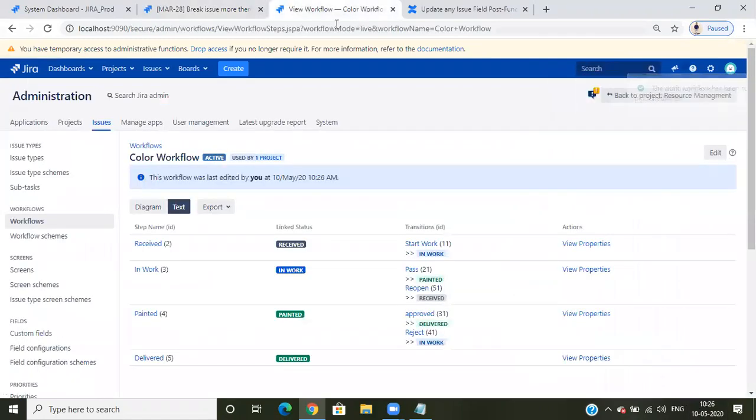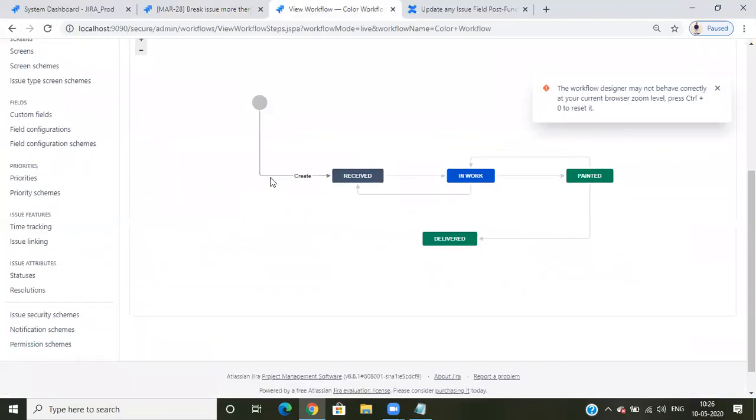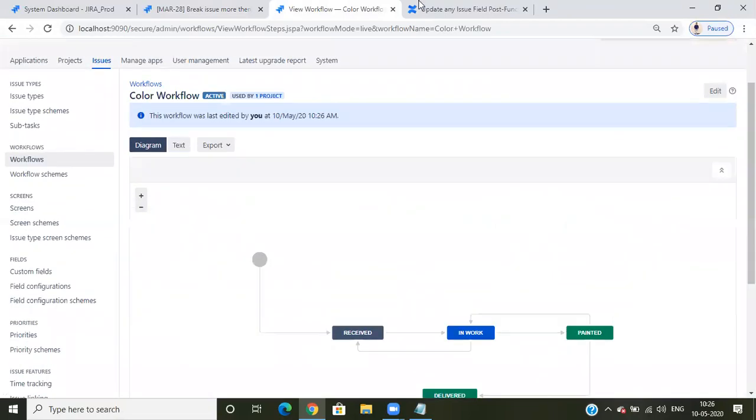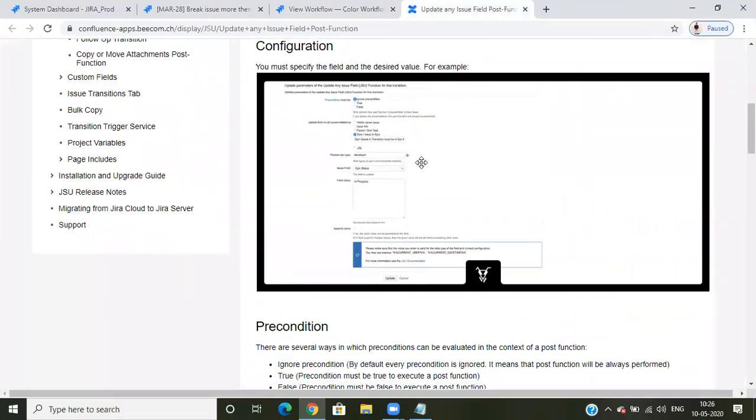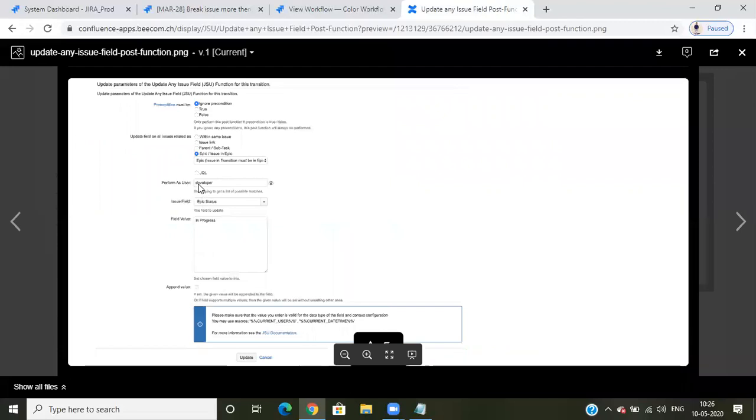Okay, so these are the post functions we have here, and we can change many things. We can change names or fields, or even status as well. Suppose epic status in progress is automatically updated.